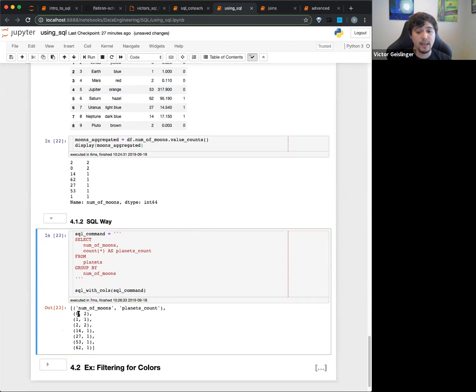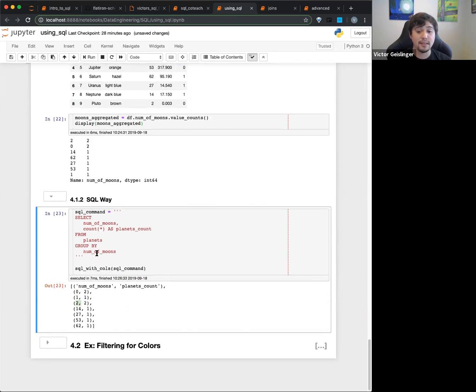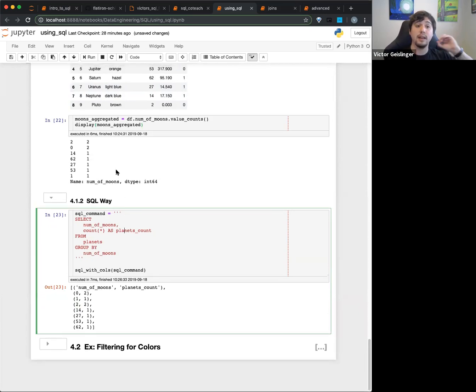You can see that the number of 0 moons is 2, number of 1 moons is 1, number of 2 moons is 2. And if you order this the right way, you would see the same exact values, right? So what's nice about this is that this is going to occur on the SQL server, while this over here has to be done basically on your local machine in Pandas. So this can have some huge advantages where if this data set is very, very large, have the SQL server